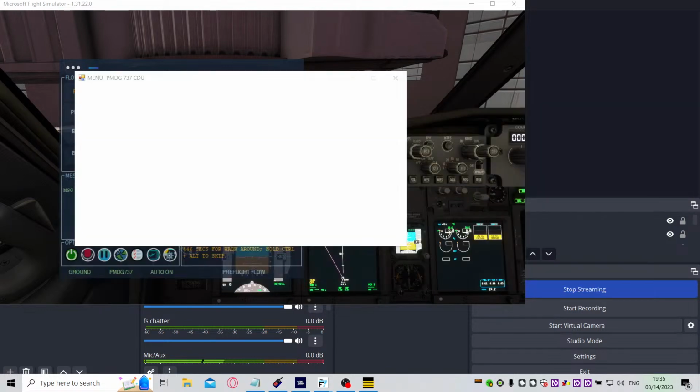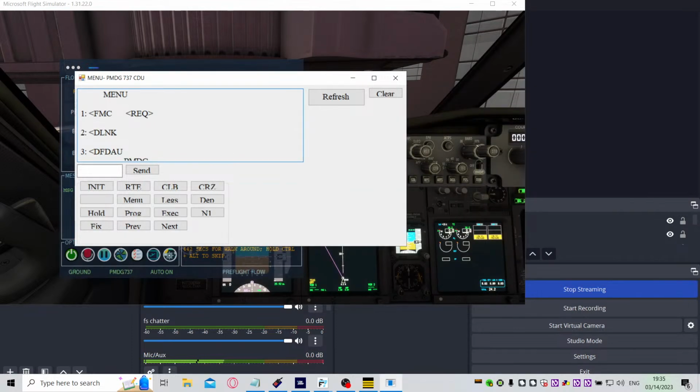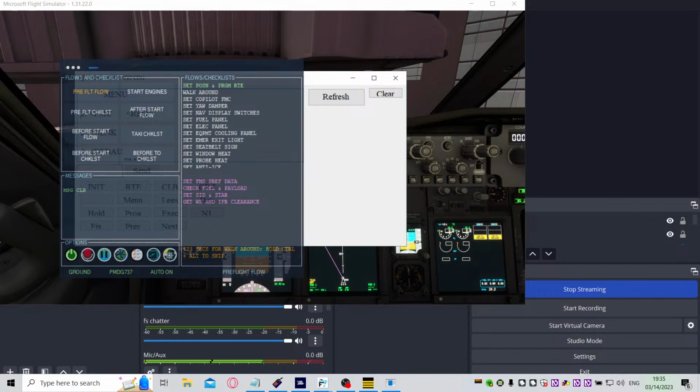Microsoft Flight Simulator Ops 29.0.2 left parent. Forms.main row 1 column 2. Menu HTML D737 CD row 1 column 2. Normal menu HTML D730 menu blank 1 colon list FM 1 colon 1 colon 1 colon list FMC list greater 1 colon list FMC 1 colon list FMC list greater 1 colon list FMC list greater. Oh, come on, TFM. Are you serious? Forms.main row 1 column 2. Forms.main menu HTML D737 CD row 1 column 2. Menu HTML